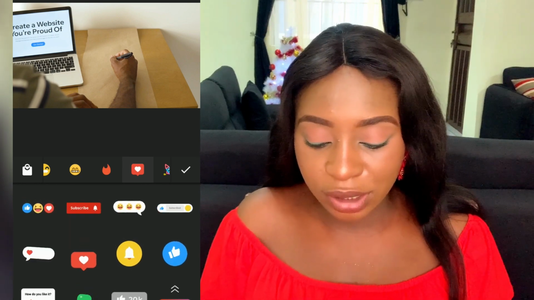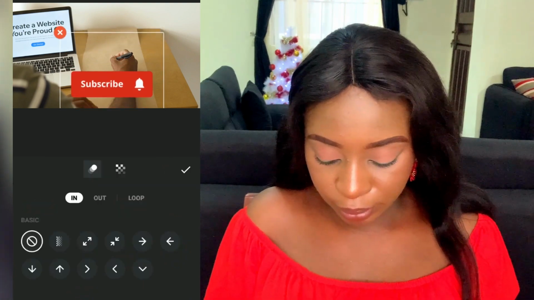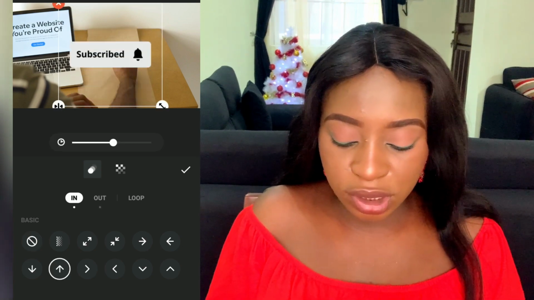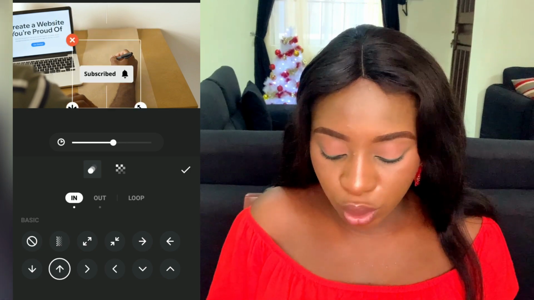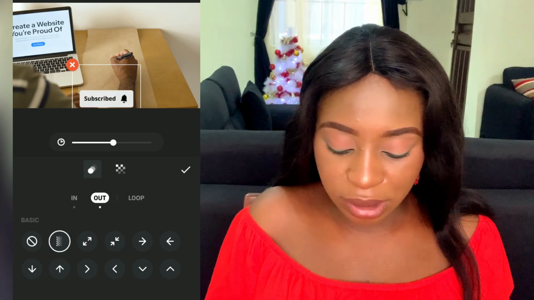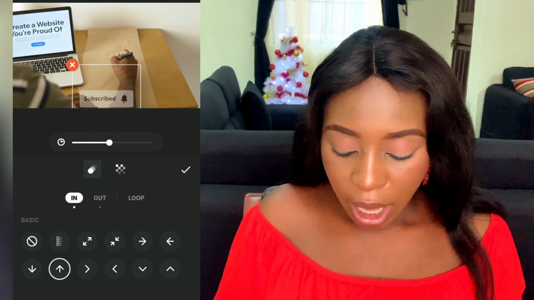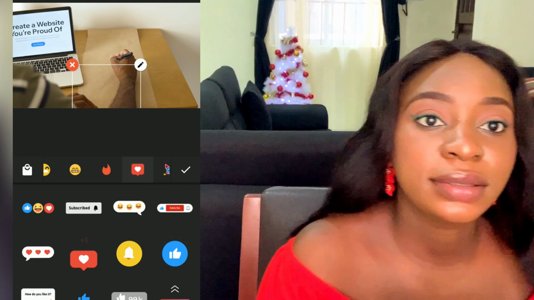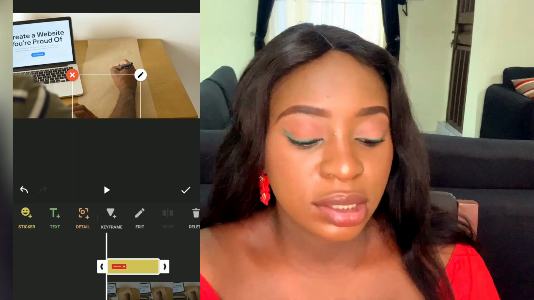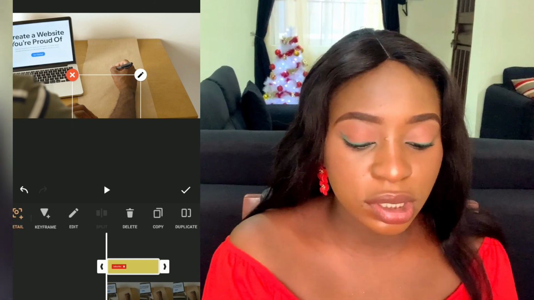So you can just click on this. You can see it here, and then that same button. For instance, this is how I want it to be, and I want to reduce the size. I bring it down. Then when I want it to go out, I just make it disappear and make it quite fast, and I'm done. And then I can add music. After adding the sticker, the next thing you want to do is to click on the single tick button, and then I